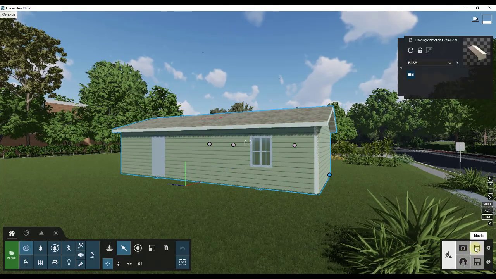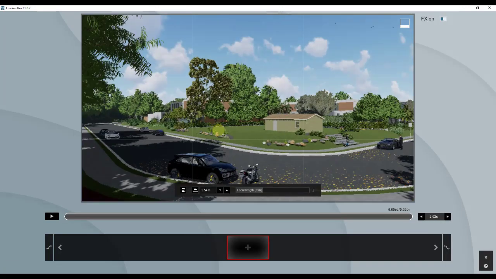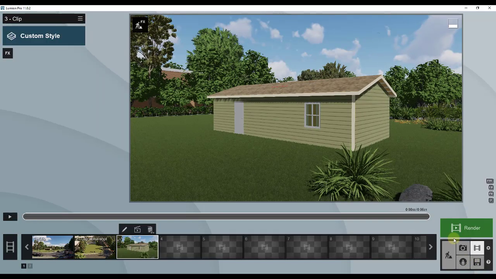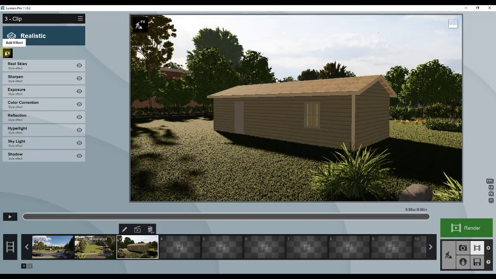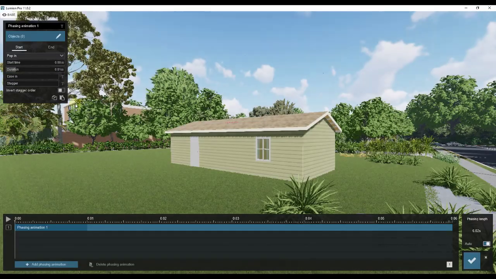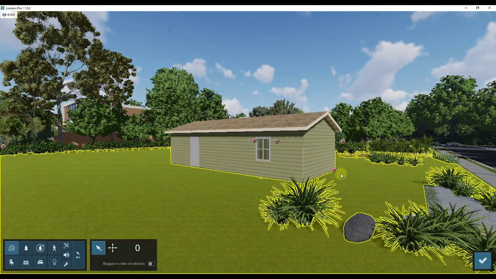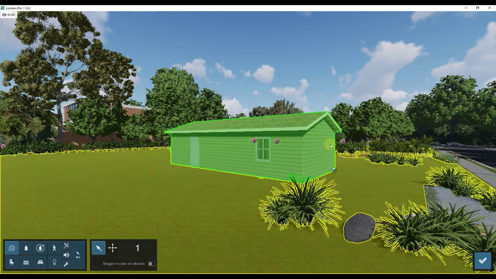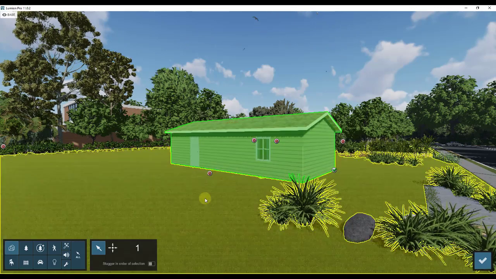So we can go into our movie mode and add a quick movie. We're just going to record. We'll set a keyframe right here, make it a little bit longer, click on the checkbox. Right now, if we bring this in and apply a realistic style and add the animated phasing, and we want to add an object, notice how the only object that we have in here is our overall SketchUp model. So it doesn't bring this in with that hierarchy of things that we need in order to animate this, right?